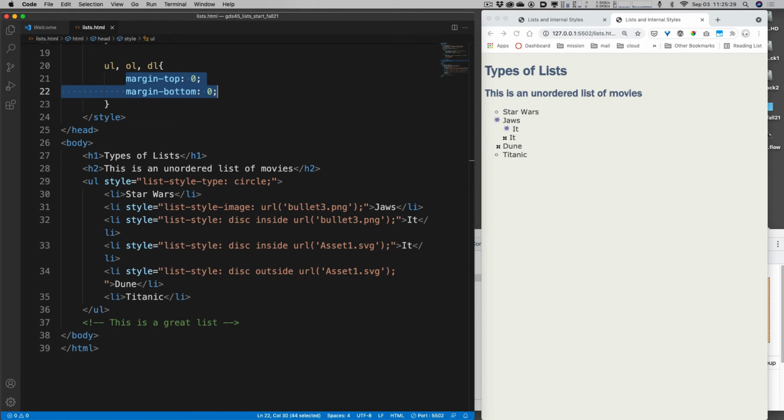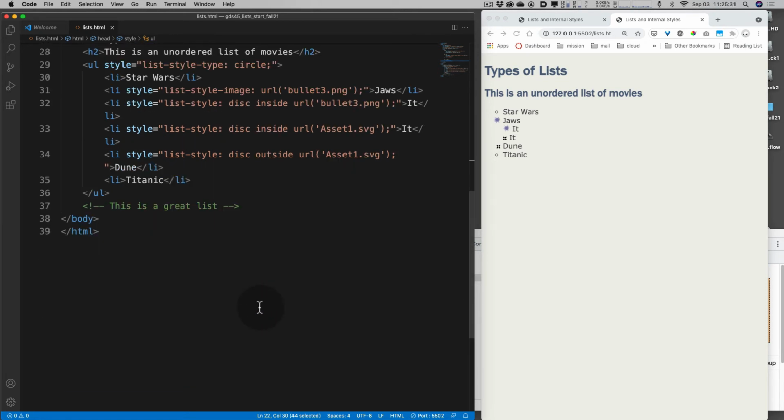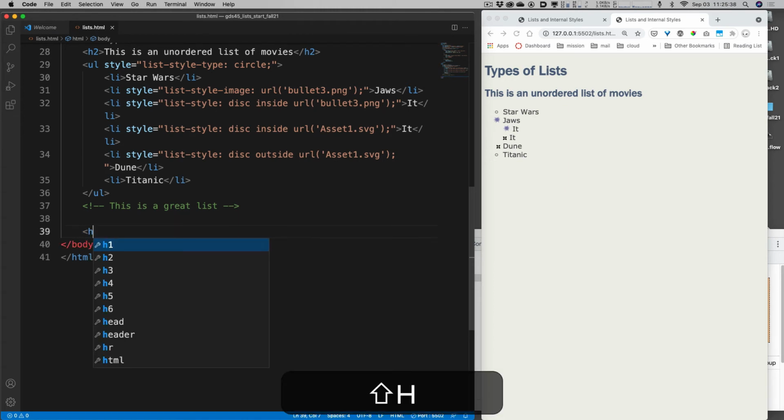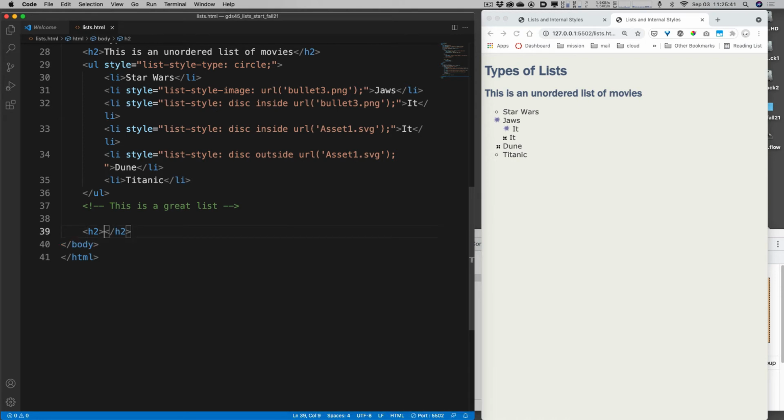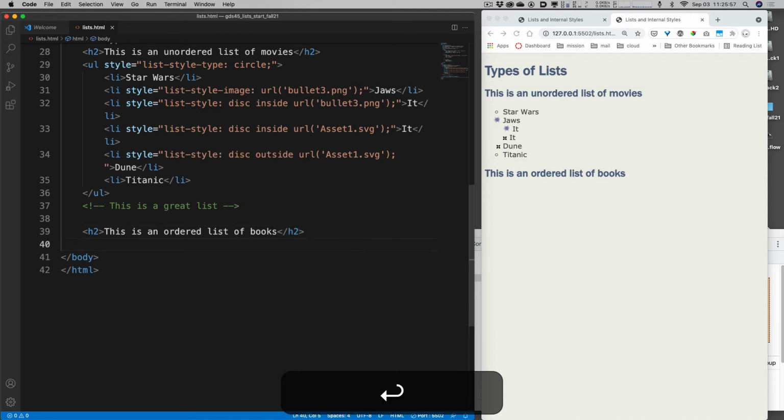So let's go ahead and do our next list. I know we took a little while to do that kind of stuff. So the next one is going to be, let's put an H2 here first. H2, and this is an ordered list of books. Okay, so this is going to be what our second list is about, and we'll get through these lists pretty quick, I think, now. So we're going to put OL,